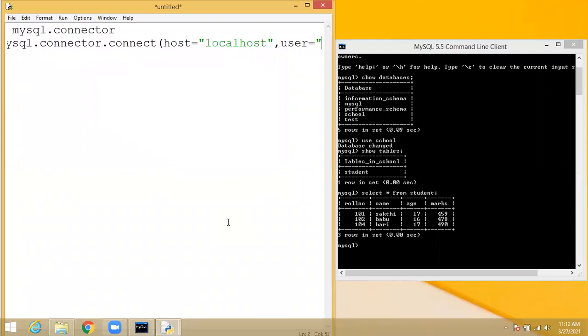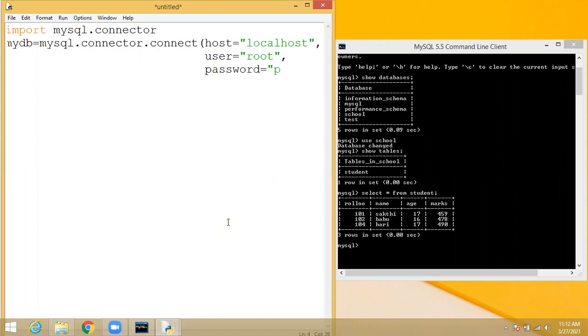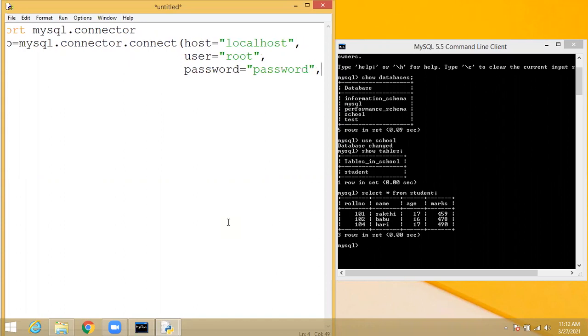What is the username I gave? Root. So in the next line I write root. Then the password for SQL. What is the password I use? Password. Every credential is separated by a comma.